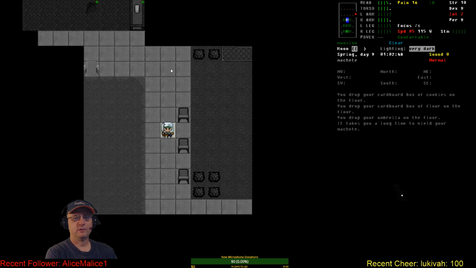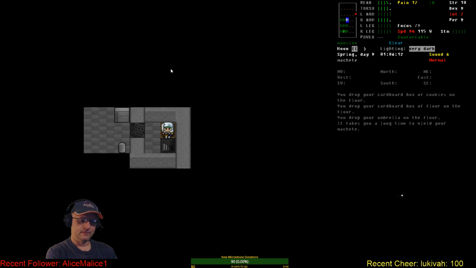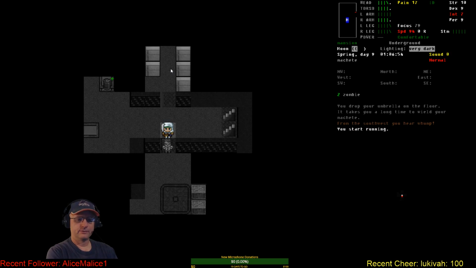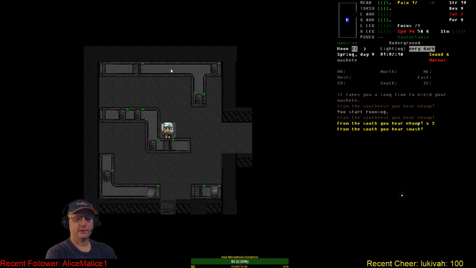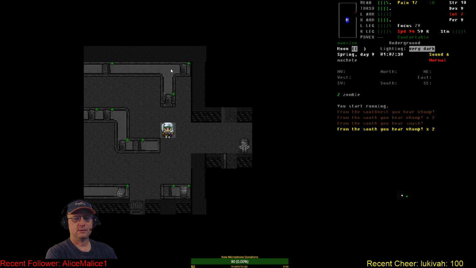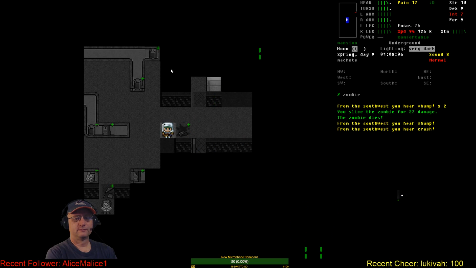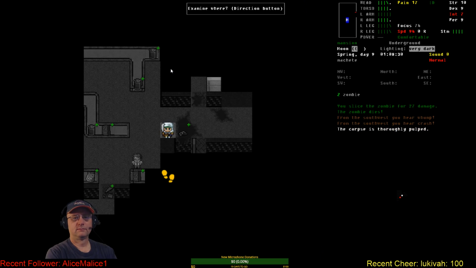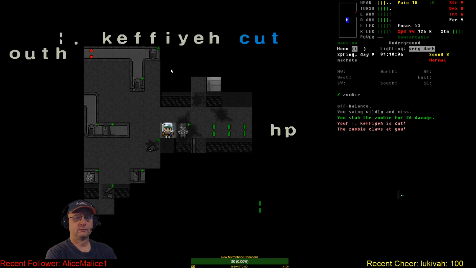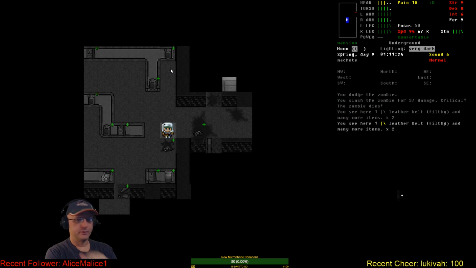Alright, I think we've got the ground floor pretty well done. Let's go back to the kitchen and head downstairs. I don't remember seeing any stairs up. Let's get this guy onto some more favorable terrain. Look at this place. Not gonna be able to lure him onto that. He can't climb onto that stuff. Alright, well this is a pretty good bonus, so...